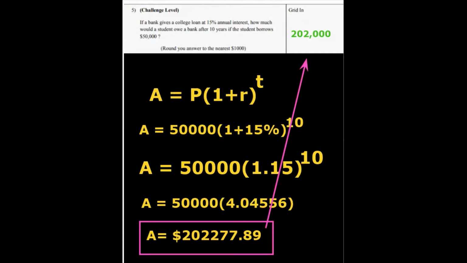compounded 10 times, becomes a multiplier of, look at that, 1.15 to the 10th power is 4.04, which means that after 10 years, the person has to pay over 4 times the amount of their loan for a whopping grand total of $202,277.89. Rounded to the nearest thousand, this student, she or he, now owes the college loan officers